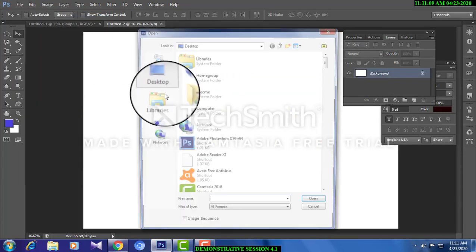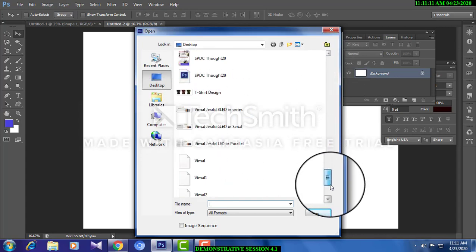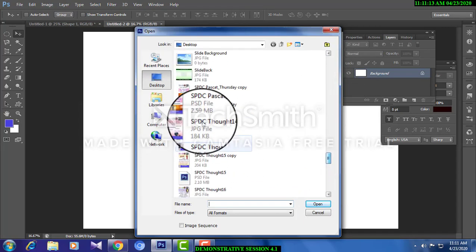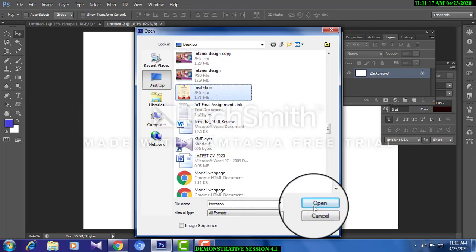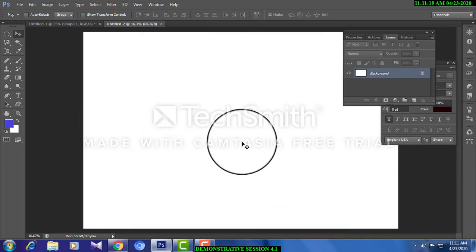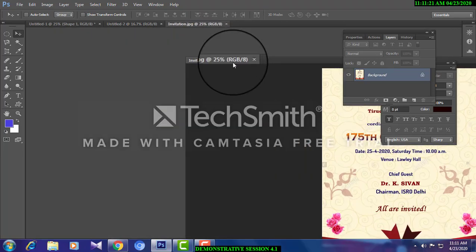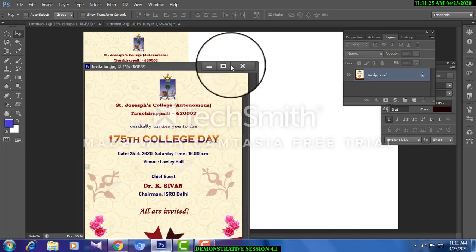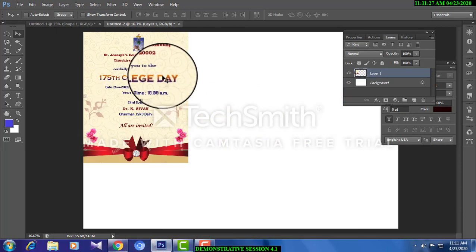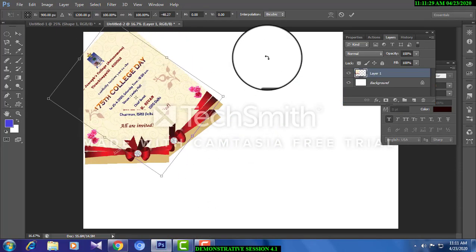Open. Go to that JPG file, invitation. Yeah. Invitation is here. Open that. It's ready. Now bring it here. Or you can put it like this.